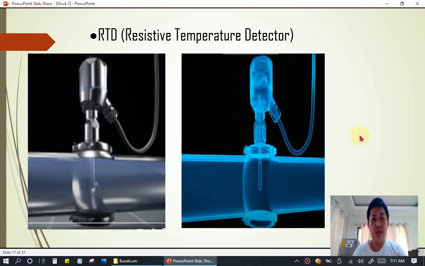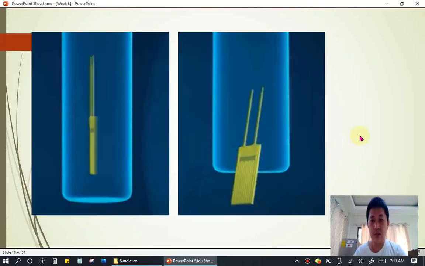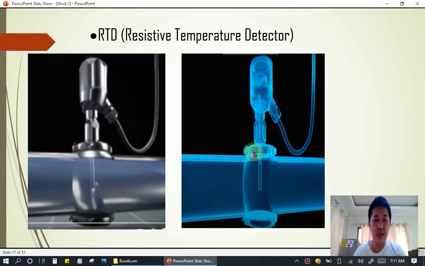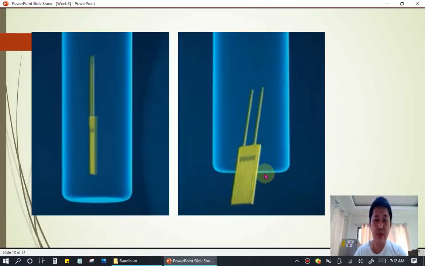So what is inside here? Inside this metal probe is this one. This is the sensor inside. There is wire, metal one and metal two. This is a wire that is connected to positive and negative. This is the sensor inside, and this is the metal cover. See? This is the sensor inside, and this is connected to the transmitter. So the signal is like this, as you can see.